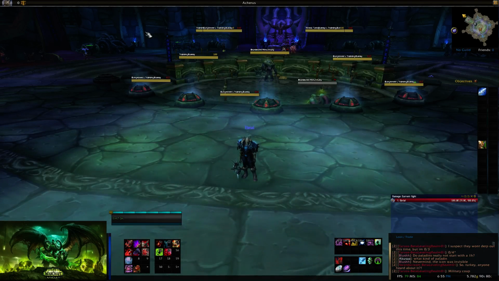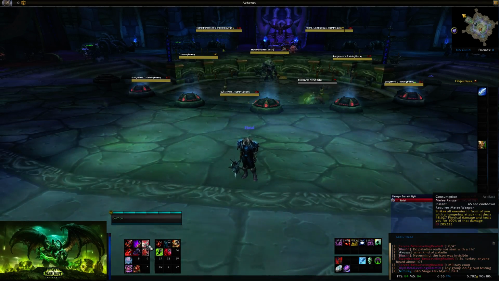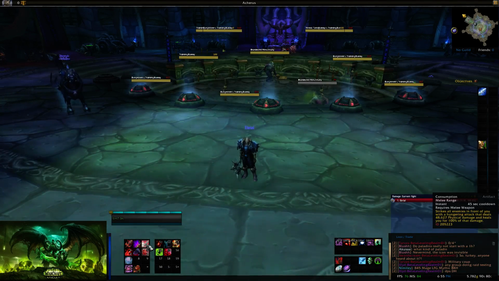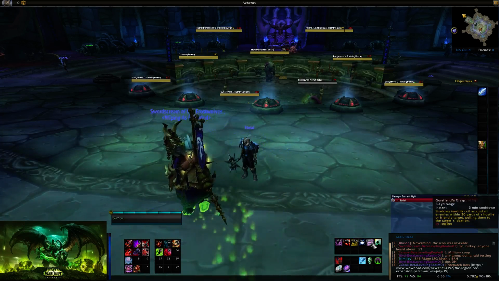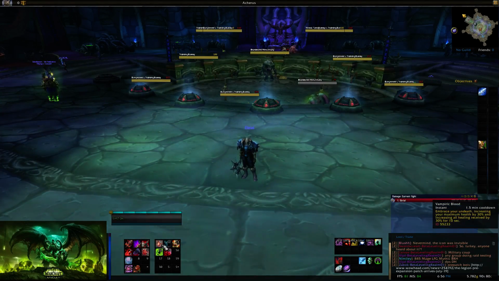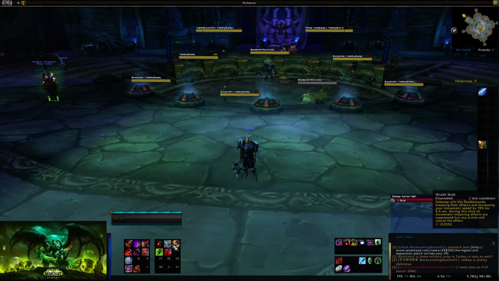It's important to note, Death Strike does not heal the way it used to. Consumption, your artifact ability, which is your big oh-shit heal, doesn't exist in the pre-patch because you don't have your artifact. You will be working with a smaller toolbox, and it's important to keep that in mind because that toolbox is still powerful. You are the only class that has access to Gorefiend's Grasp besides Vengeance Demon Hunters. Your toolbox is smaller, but it's still strong, and now you have a new movement speed ability called Wraithwalk, which